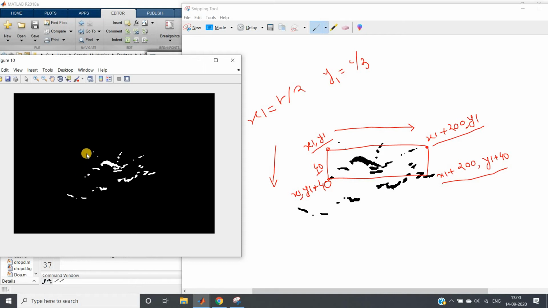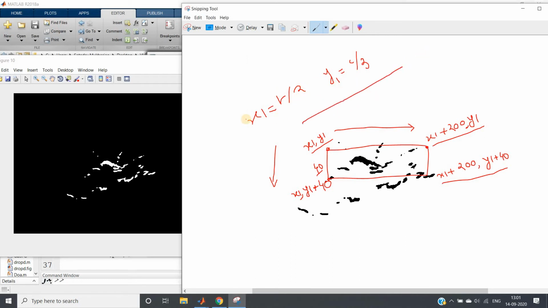So x1 and y1 we have got: x1 is nothing but the width of the image, that is total number of columns by 3, and y is nothing but the height of the image, that is total number of rows by 2. But remember, this is not our normal coordinate system, it is the matrix coordinate system, right? So we need to swap rows and columns. So our x1 will be total number of rows by 2 and y1 will be total number of columns by 3, right? This is just reversing, we are doing nothing else.